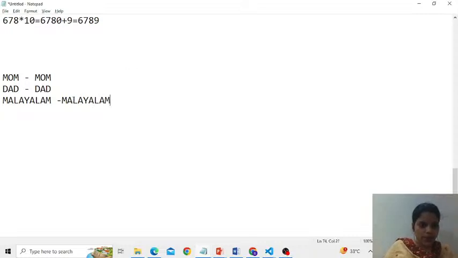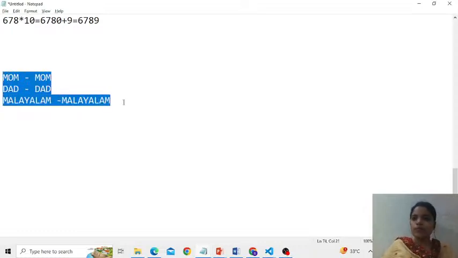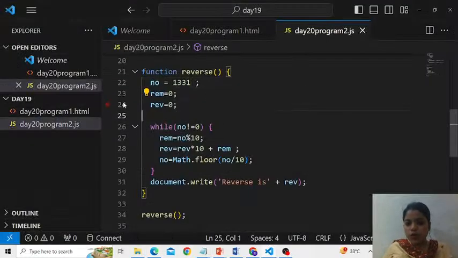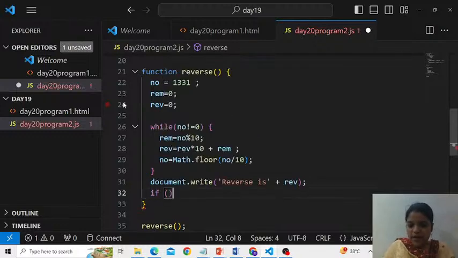Malayalam. Even if you reverse Malayalam, it is still Malayalam. So such strings are also called a palindrome. Am I right? If you want to find whether a number is a palindrome or not, you just have to extend one more thing here. That means if number is equal to reverse of that number,